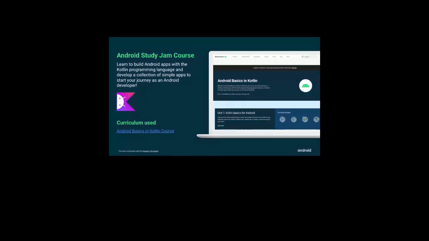I will be providing you the link to this website later in this session. This is a free course developed by Google for people like us to learn how to build basic Android apps. So we have this course covering the most important topics to develop an app.